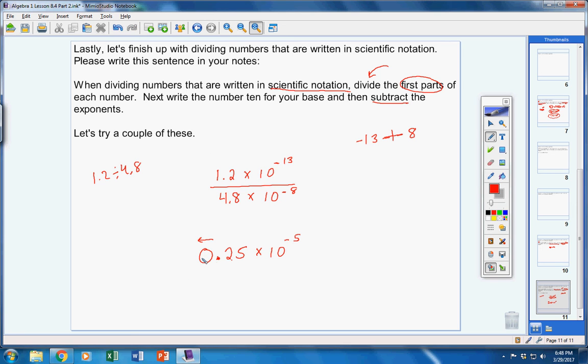Remember what I've taught you. Zeros don't count when we're talking about having one digit to the left of the decimal. So right now, do we have a digit to the left of the decimal? No, we don't. So we want to move this decimal to here. Okay? So then we would have a 2 to the left of the decimal. So if we move the decimal from here to here, I would have 2.5 times